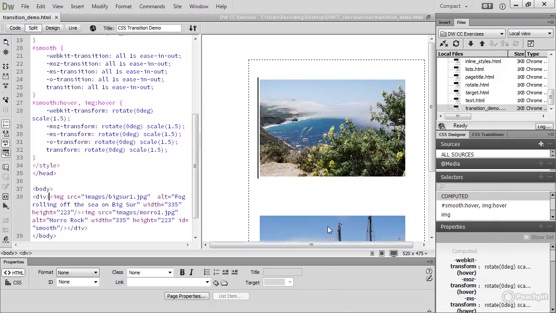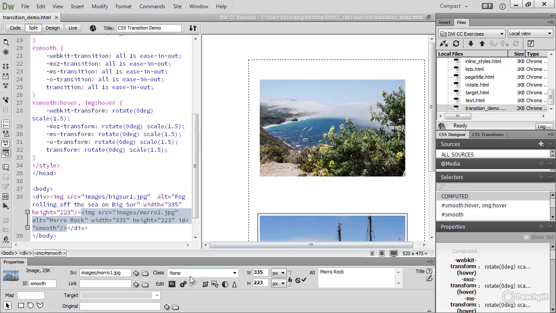I'll just select the second image, and you can see in the property inspector that it has the ID smooth, and the style rules are embedded in the head of the page. So here is a style rule for smooth with the hover pseudo class, and the same properties apply to any image on hover, and it's the transform property, rotate back to 0 degrees and scale up to 1.5 of the